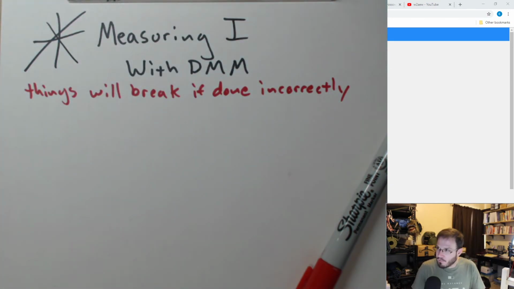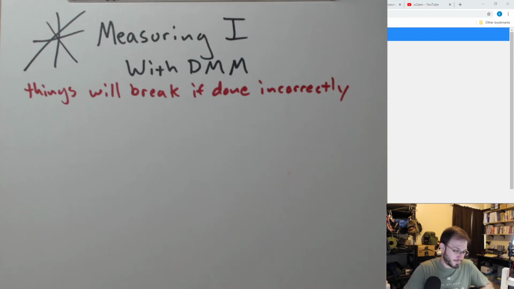When I'm measuring voltage, it's not that big of a deal. If I put these probes in the wrong place, it's not that big of a deal. But when I'm measuring current, I really need to take my time and make sure that I'm measuring it properly. It's not as easy to measure current as it is to measure voltage. And no matter how many times I say this and go over this, people are still going to do this incorrectly and damage their multimeter. And I'm not going to feel bad. Okay,